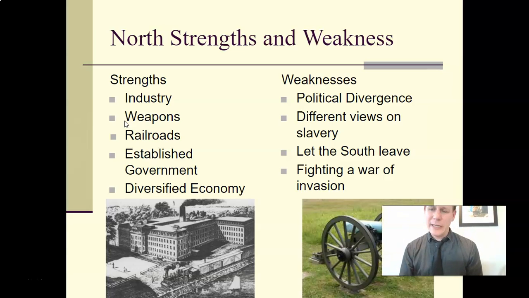Sorry. Strengths and weaknesses, okay? The North, like I said, they have a lot of strengths, as we mentioned. A lot of factories for weapons. Lots of railroads, which will be key in this war. New technology, never really been used in warfare before. Super important during the Civil War. They already have an established government, right? So we kind of take that for granted, but they already have a president and a constitution and a Congress and all that stuff. So the South doesn't, and they got to make a new government on the fly. The North already has a strong, working, functioning government, which is pretty important, and a diversified economy, a strong economy.